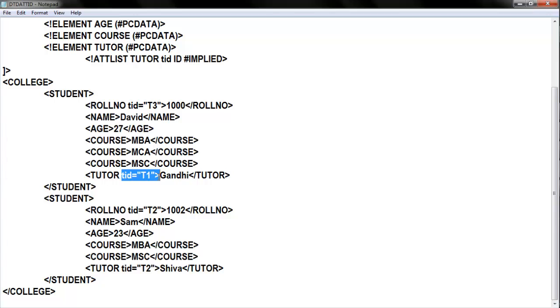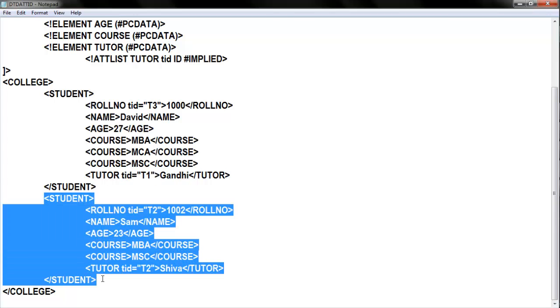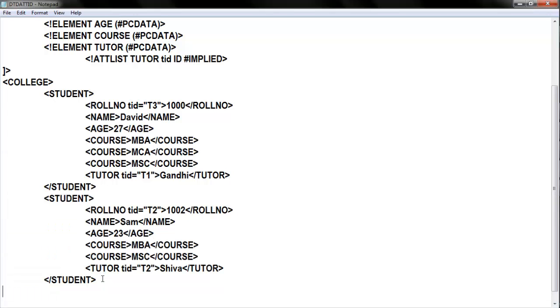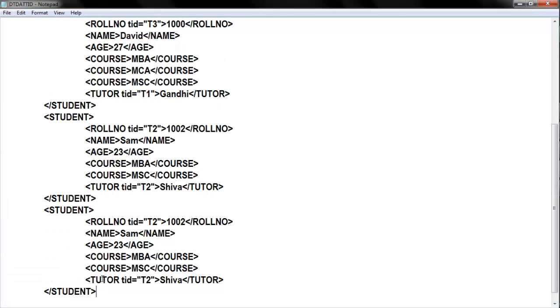Then it will be visible. Now for showing that, I'm again copying this. I'll paste it here. I'm creating one more student. Now I'm saying that this particular student's name is Gopi and he is studying under the teacher T3, and his teacher's name is, consider,